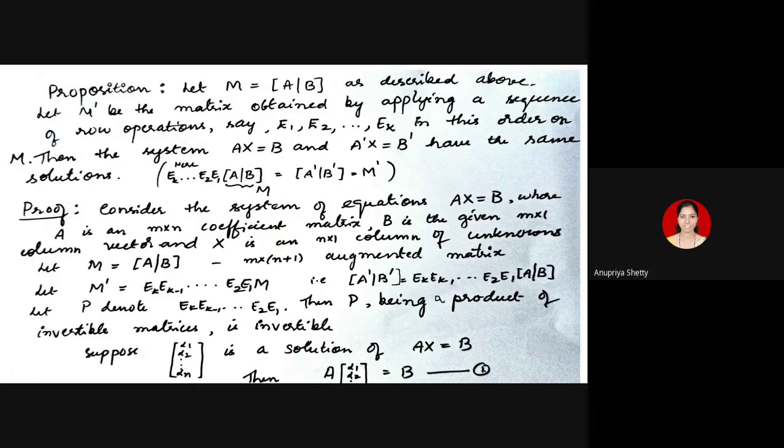So this idea will be used later in solving systems of equations, that is row reduction, reducing a given matrix into a simpler form. If you are asked to solve the system Ax equal to B, first you have to form this matrix M. Remember, you look at the coefficient matrix A and the column given B, and combine A and B to form this matrix, which has one extra column. And this matrix you will use for row reduction. That is, you are going to simplify this matrix, not A and B separately. This single matrix will be simplified.